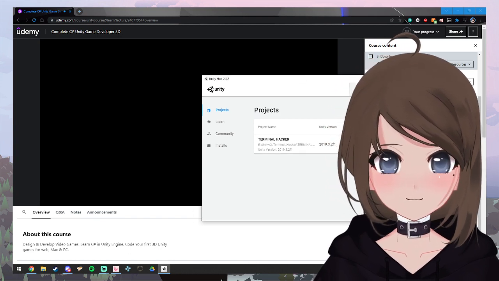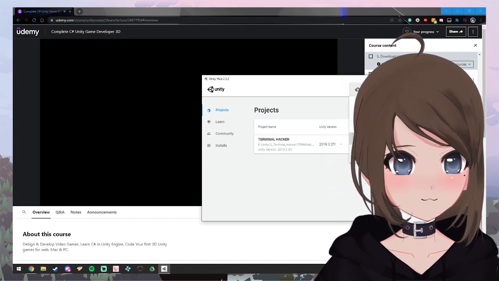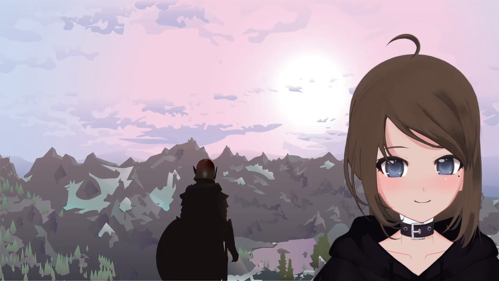Now I'm going to show you what Unity Hub looks like for context. This is a place where we can manage our installations. I've got just one installation at the moment. It's an older version. I'll install the latest Unity in a moment, and it allows you to manage your projects. So it's like a launcher and a place to manage all things Unity related.